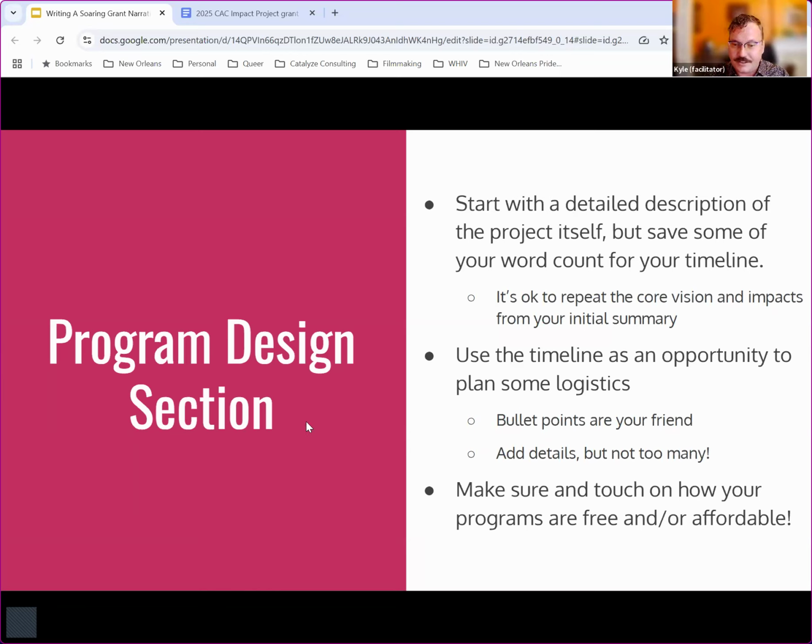And make sure to touch base about how your programs are free or affordable. They ask you about this in a separate place, like, is your program free? They want your programs to be free and affordable and accessible to the public. And so just in that section, make sure you drop a little line about that.